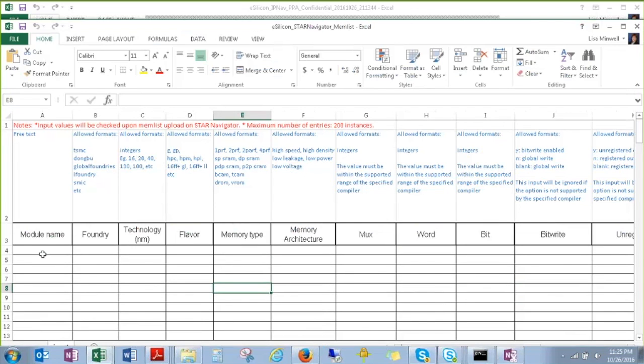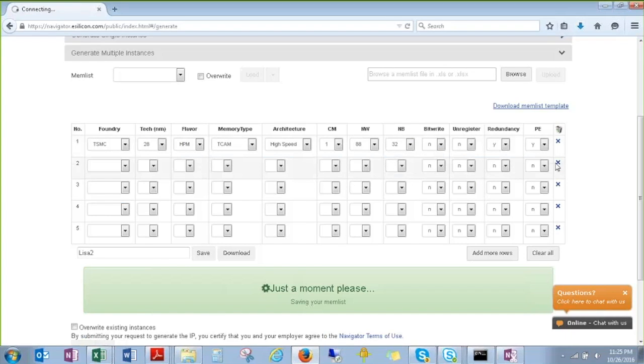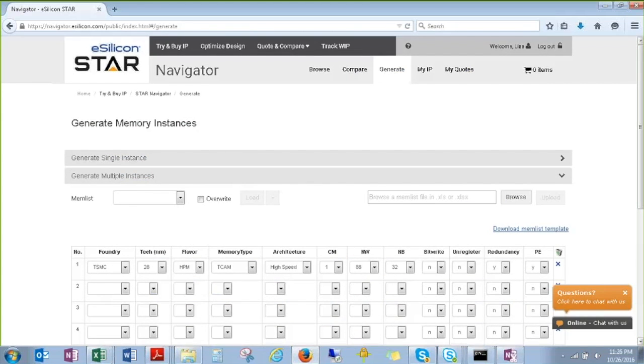And then you can name modules for each of these memories so that you can track them by module name as well. So it's very helpful and very useful, and it's the way that many people typically manage their memory subsystems. So we tried to mimic as best as we could the way that people typically are building up their